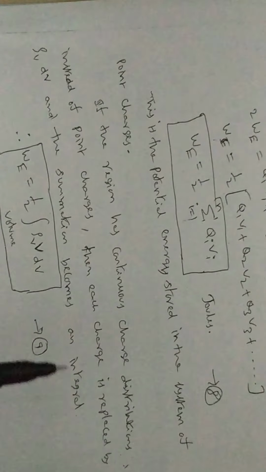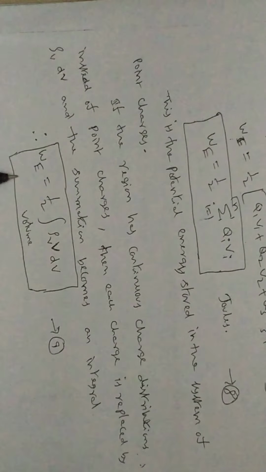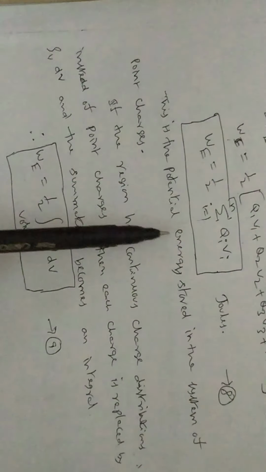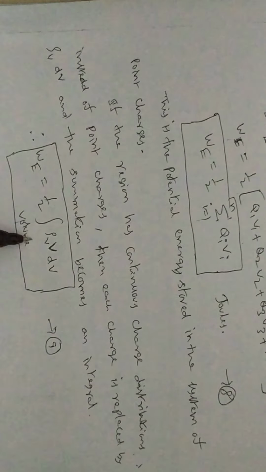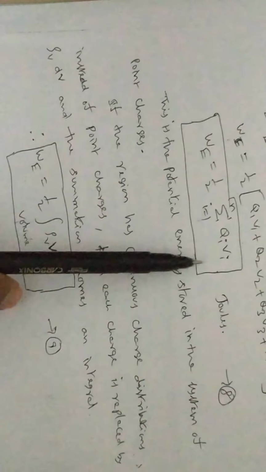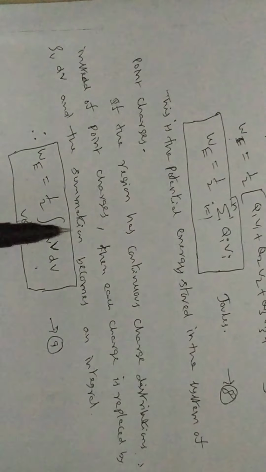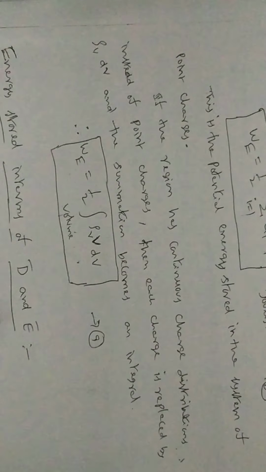Suppose there are continuous point charges, an infinite number of point charges. In that case, how to calculate the energy stored in that space? For a system of point charges, W is equal to 1 by 2, the same as per this formula. Then here the summation is replaced with integration. That's it. Q is nothing but rho V into dV. This V is the same as V. Rho V into dV. Rho V means volume charge density. V is the potential. dV is the differential volume. Next, energy stored in terms of D bar and E bar.